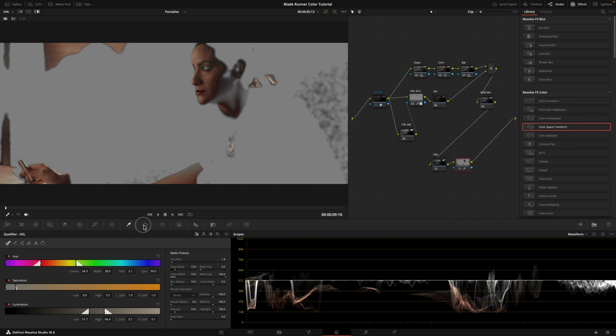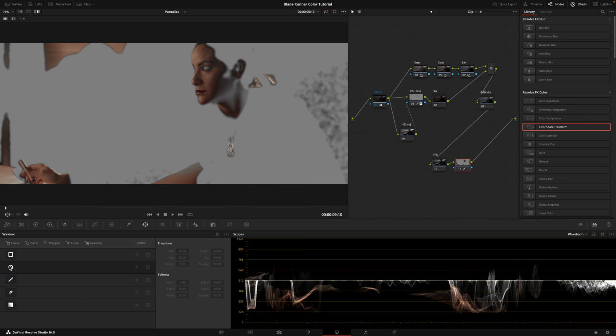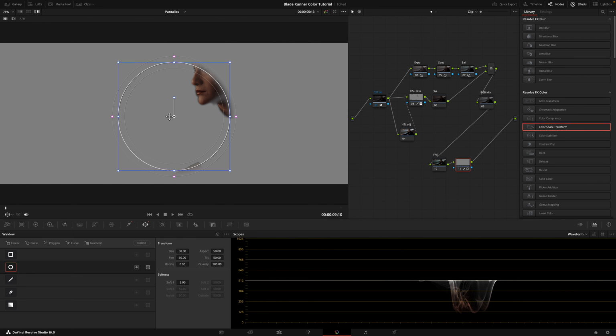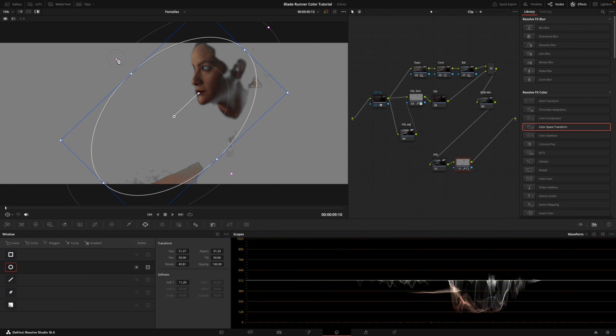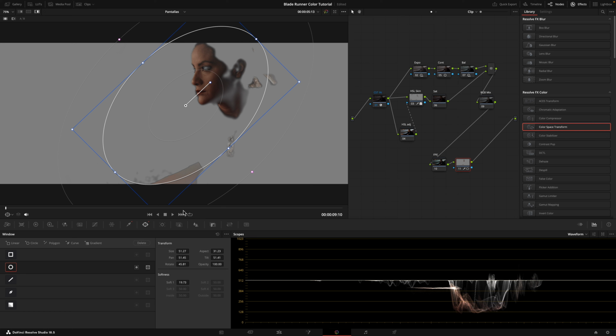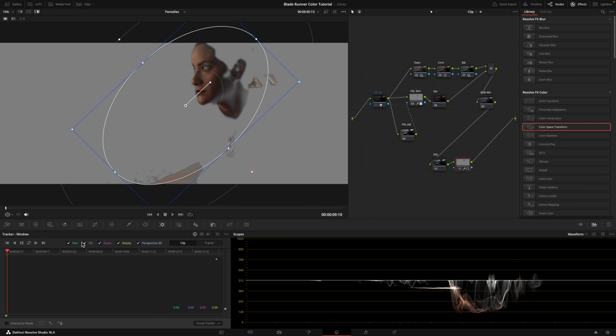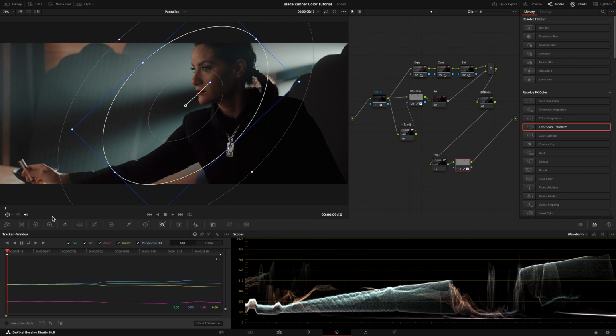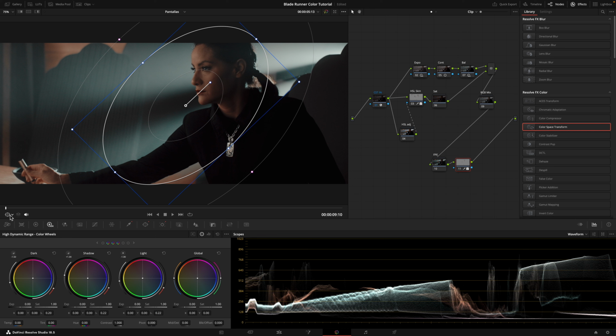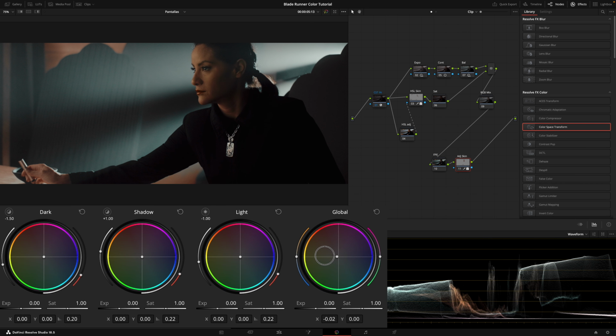After doing my qualification, I create a mask to isolate the subject and track it. Now, with my HDR wheels, I try to get as close as possible to the skin tone I'm looking for.